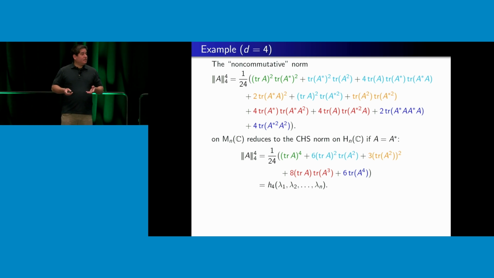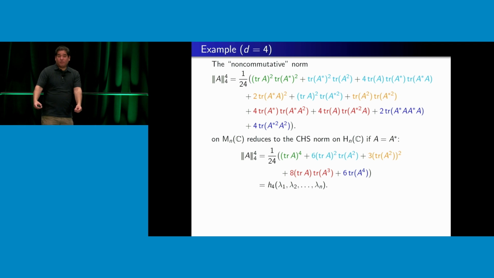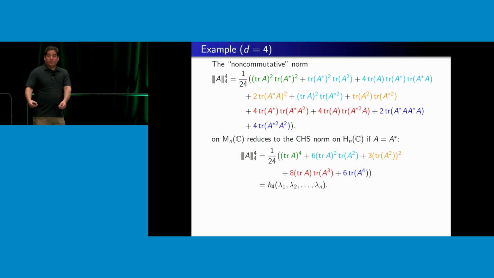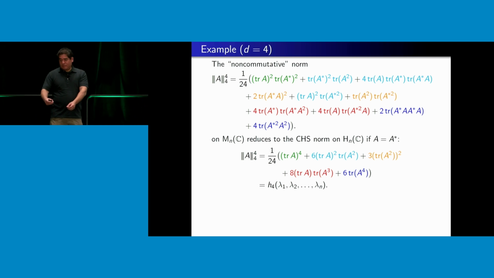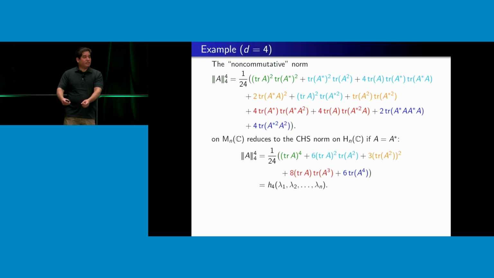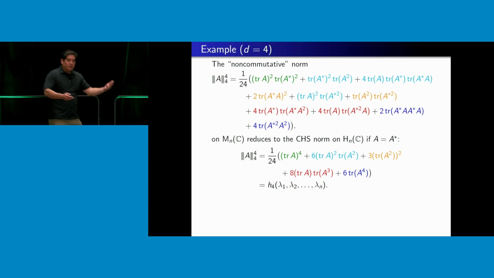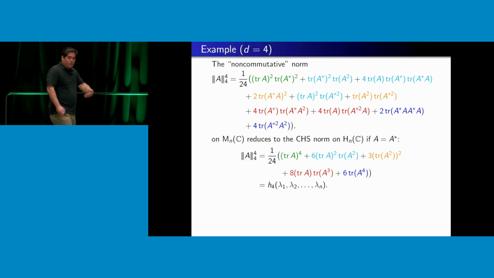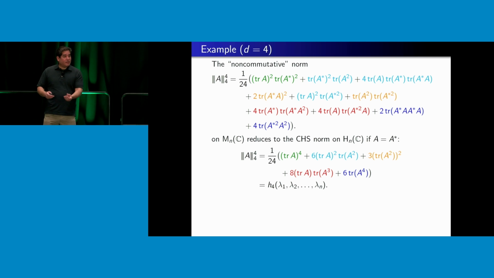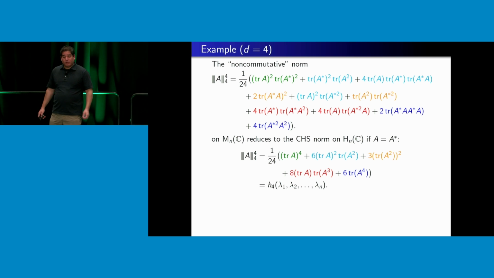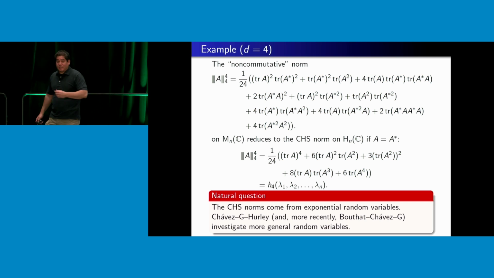So what we really have is a nice non-commutative extension to all complex matrices of this norm that we originally got on the Hermitian matrices alone using the CHS polynomials, which came from looking at the asymptotics of factorization lengths and numerical semigroups. So it's a long story here. But it all boils down to generalizations of some facts that we had at earlier levels. And there's another direction we can go here.